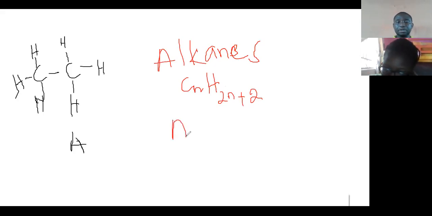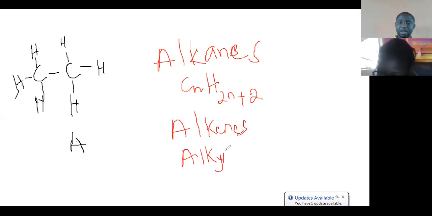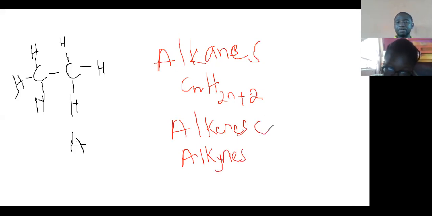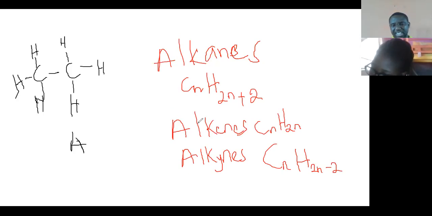And the other one, unsaturated hydrocarbon, we can also call them alkenes and alkynes. The formula for the alkene is CnH2n, and the alkyne is CnH2n-2. Okay. Now, these are unsaturated hydrocarbons. Now, the question now is, why do we call one part saturated